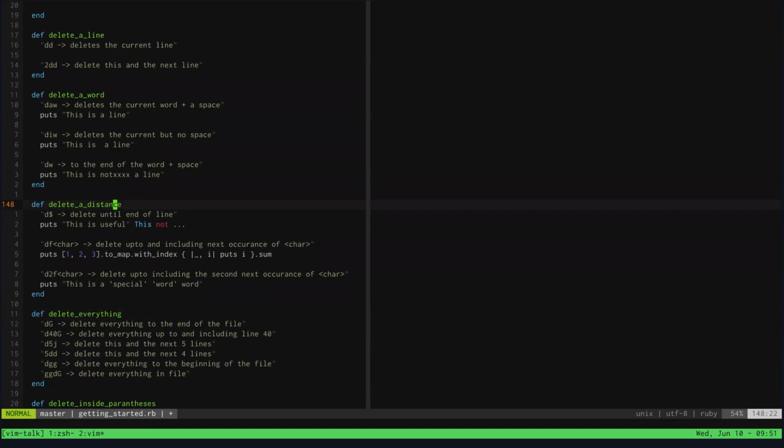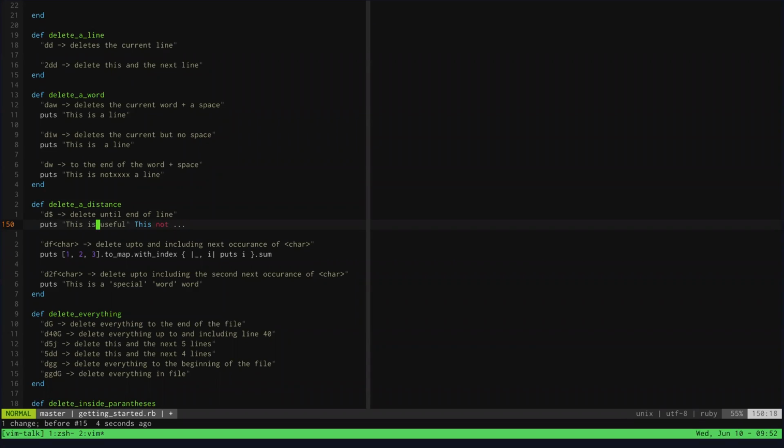All right, delete a distance. Now we talked about objects before, with distances first. So my cursor is right here, and now I just want to delete the rest of it. I could just mark everything and hit delete, or use X as long as I want, or I can just type D and, as we had, $, go to the end of the line. In this case, instead of just typing $ and jumping to the end of the line,